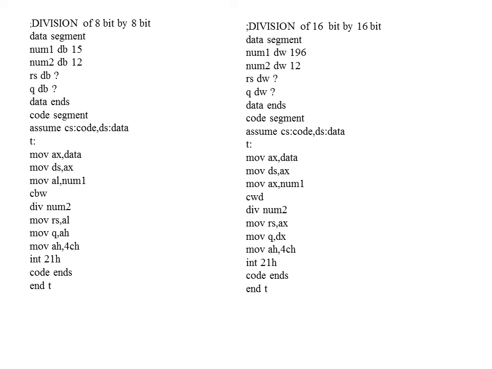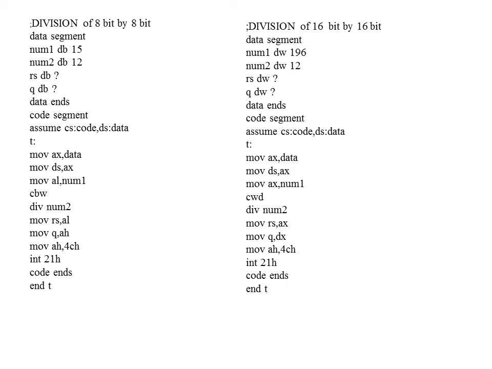Next thing is how we can perform division of 16-bit by 16-bit, because we know that we can perform division of 32-bit number by 16-bit number. Now we are supposed to perform division of 16-bit number by 16-bit number. So for that purpose we need to convert the 16-bit number into 32-bit number. The number which is going to get divided, if it is in 16-bit, should be converted into 32-bit.